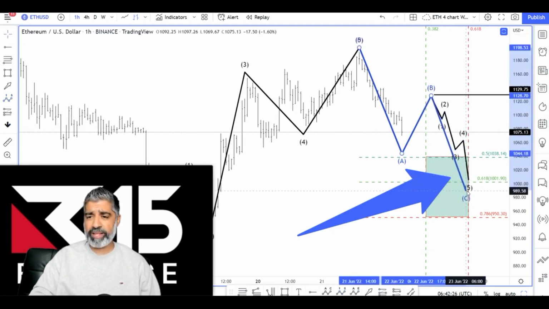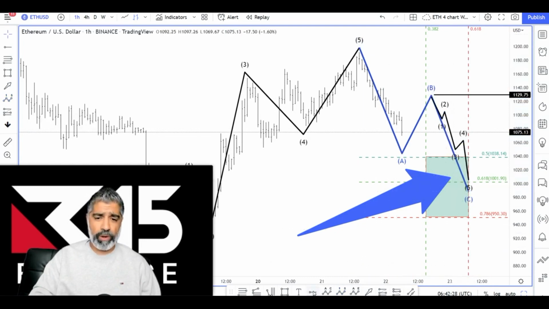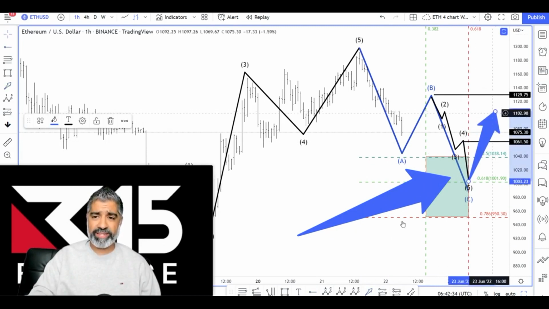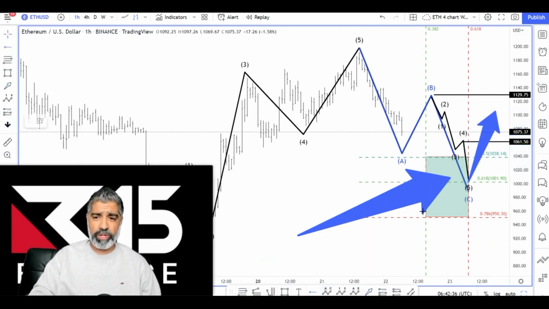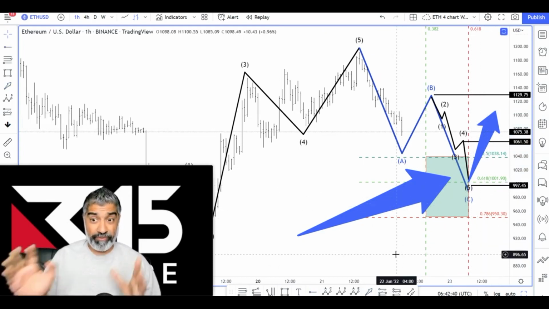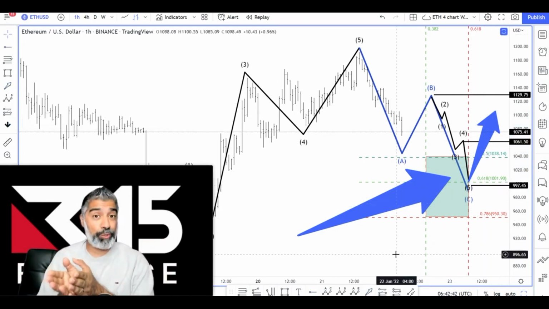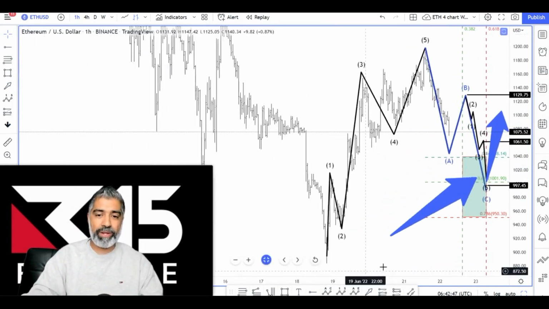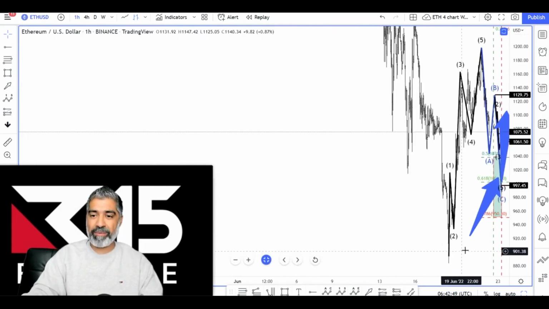Let's say it broke down like this, then we could go long on a swing high like this, getting closer to the market. And if it did that as an entry, the stop loss will be no lower than this low over here. Right? So it's a very, very tight entry. Now, if we managed to do this and it took off, what kind of wave are we looking for? Let me show you this, right? This is going to blow your mind.